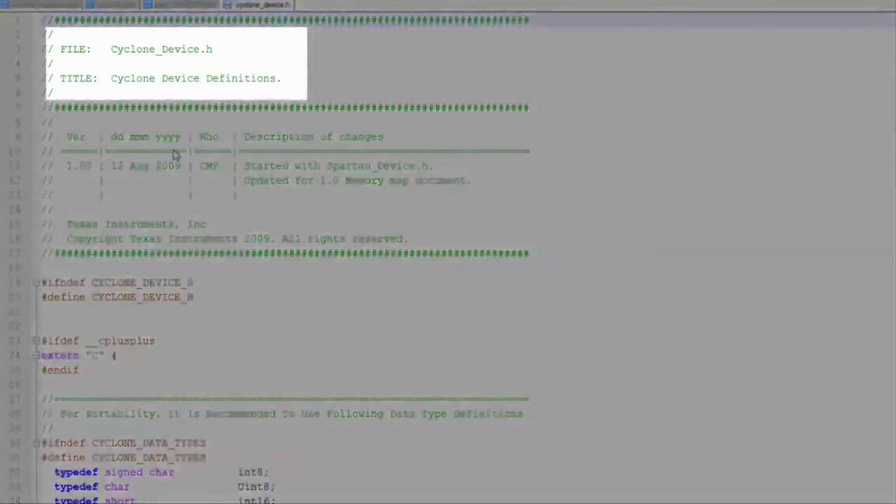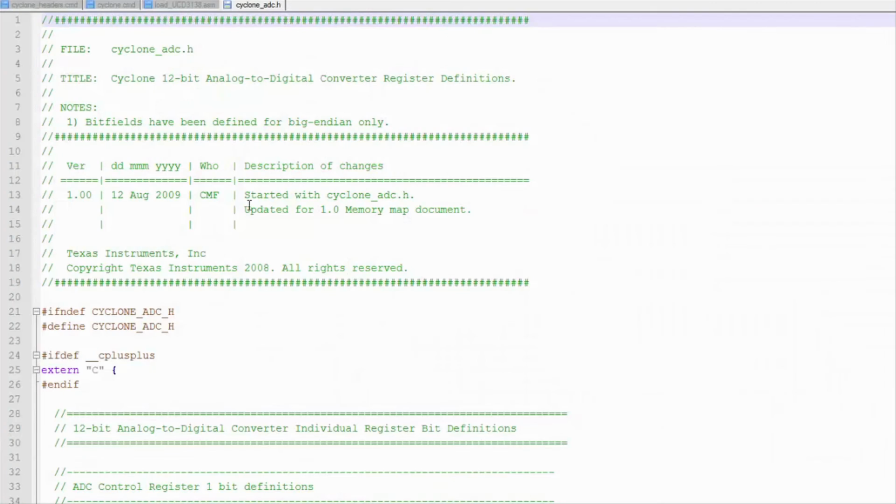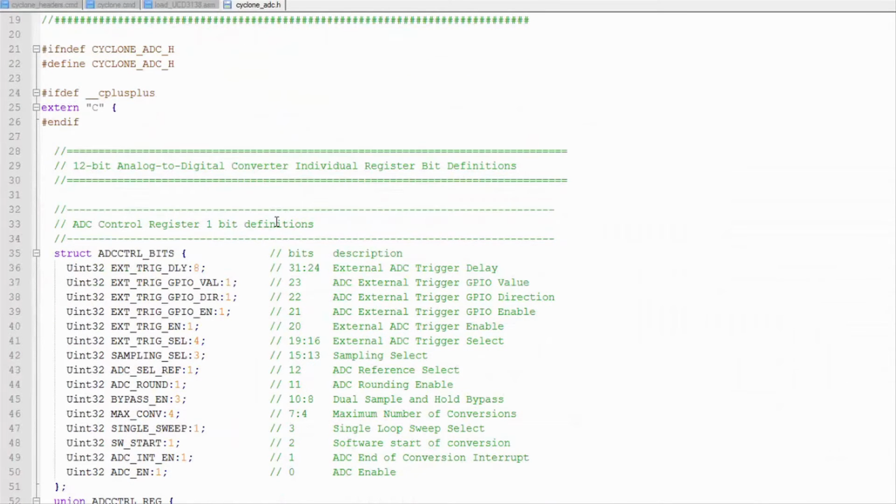Cyclone_device.h is a header file which just includes all of the other peripheral header files. We will demonstrate the use of these bitwise structures in more detail later. Briefly, they allow us to set or clear a single bit in a register using a read-modify-write operation. They are relatively inefficient in terms of time and code space compared to just a single register write with a constant. Best practice is to use these structures for development, then switch to constants if code needs to be optimized later.